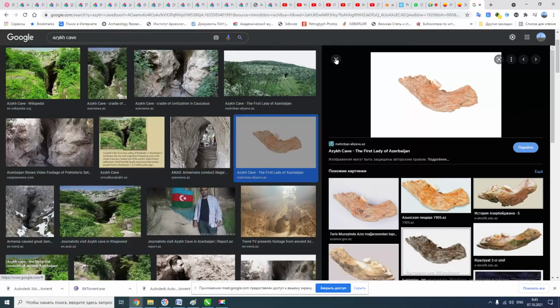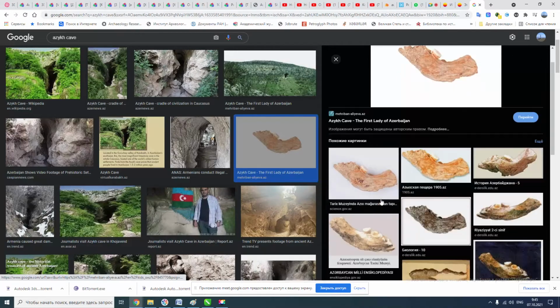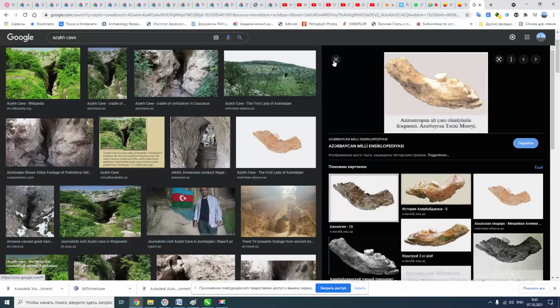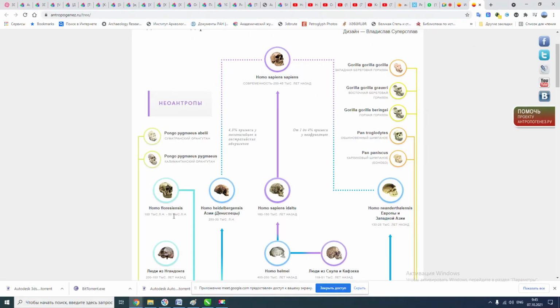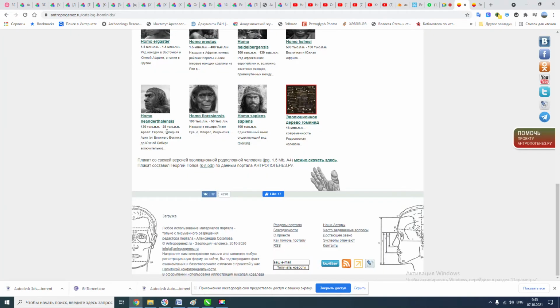All people in the world are wolves, but in the genes of some people there are some Neanderthal genes, not in everyone. You know what I want to say? And this is the first thing. This is a very interesting fact, because the reason why they died 28,000 years ago.